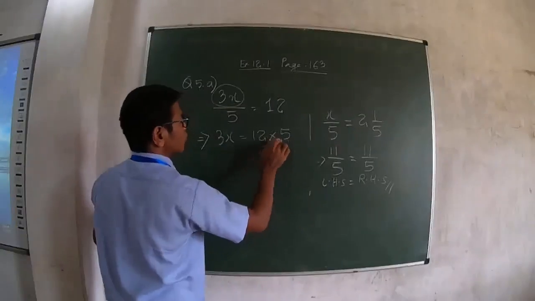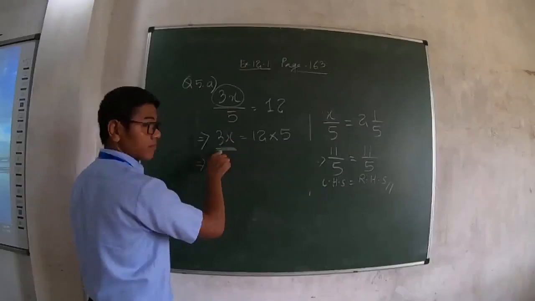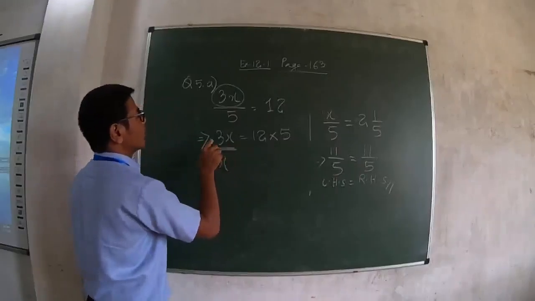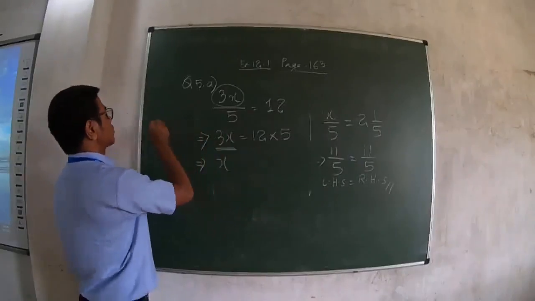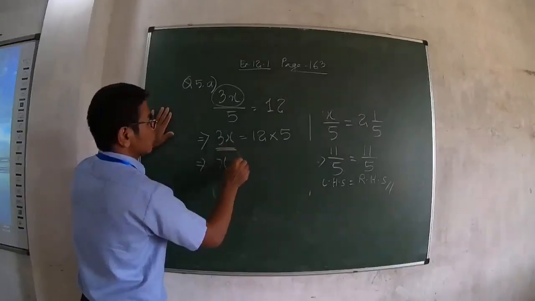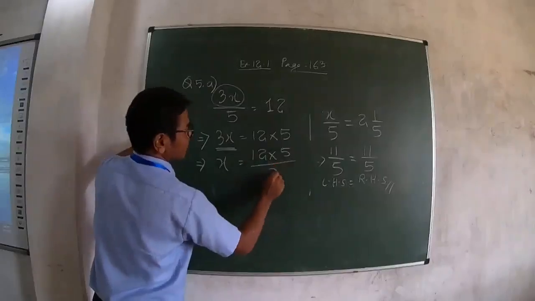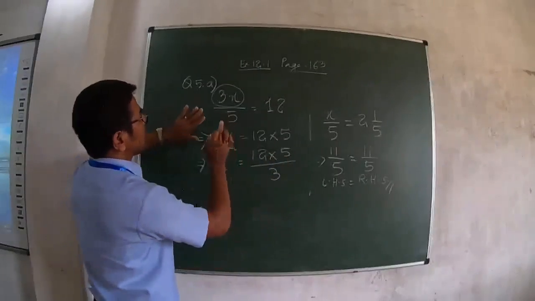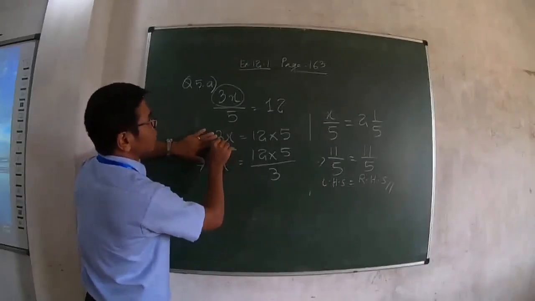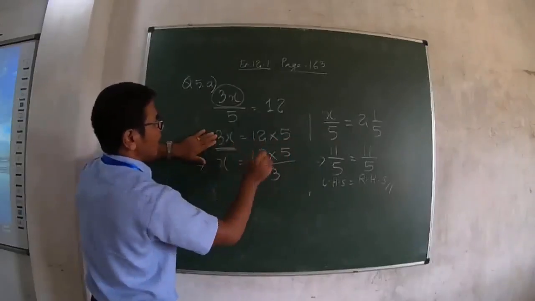12 5. Now, here we only want x, because x is a variable as a subject. So when we take x, we know that this is 3x. 3x means 3 into x. 3 is a multiply. So when the multiply goes to the right, what do we do? We divide. I repeat, 3x, only x. So we have only x. This is a multiply. So when it is transposed to the right, 3, which is the multiply,